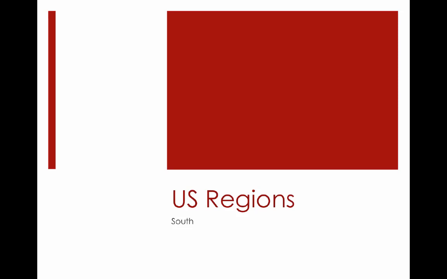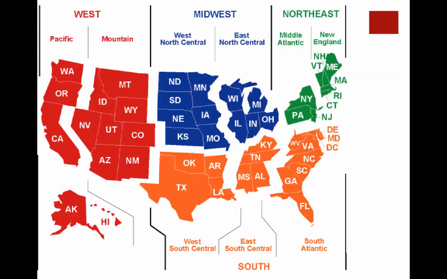In this lecture, we'll be talking about the U.S. regional foods of the South. So the first thing to know is that the South covers a lot of territory. The South region actually has 3 different regions in it, and because of that there's going to be a wide variety of geography. So you have coastline, the Atlantic coast, and the Gulf Coast. You have all sorts of geography within the states.